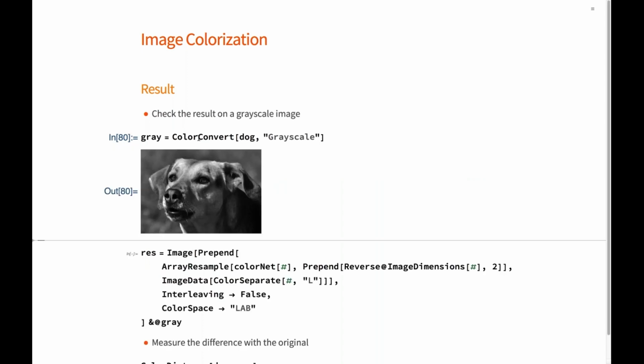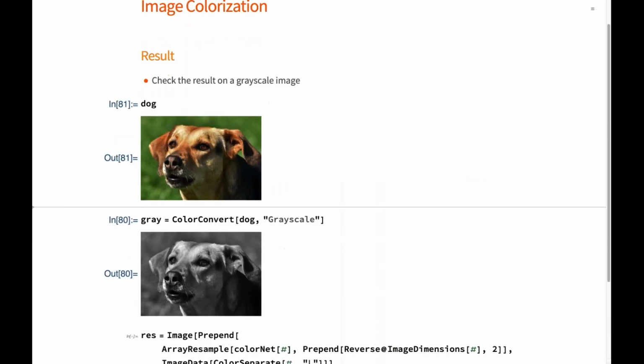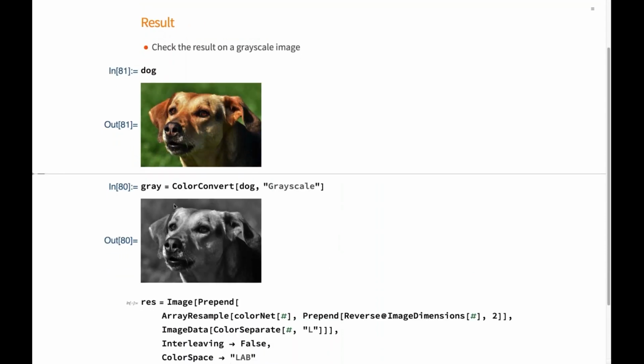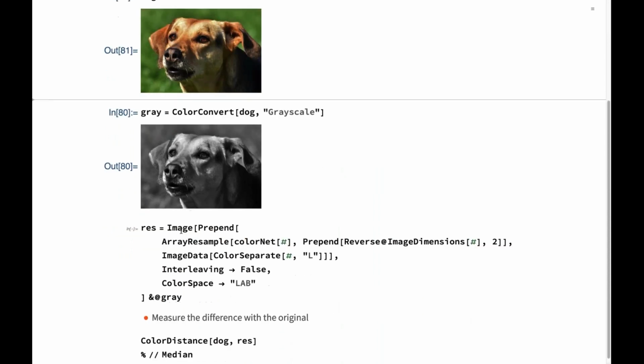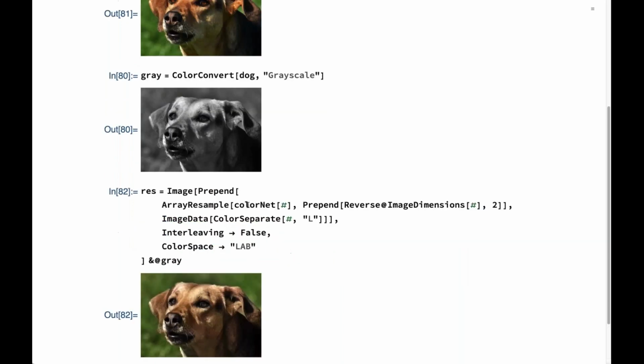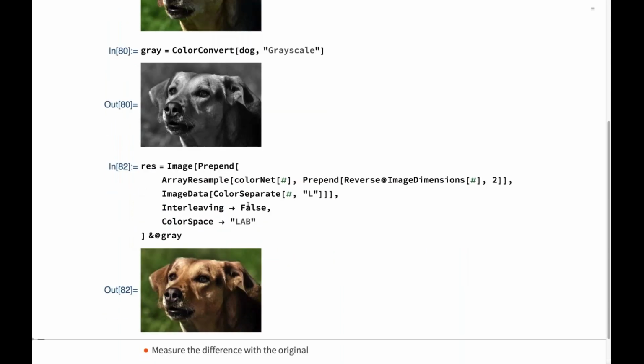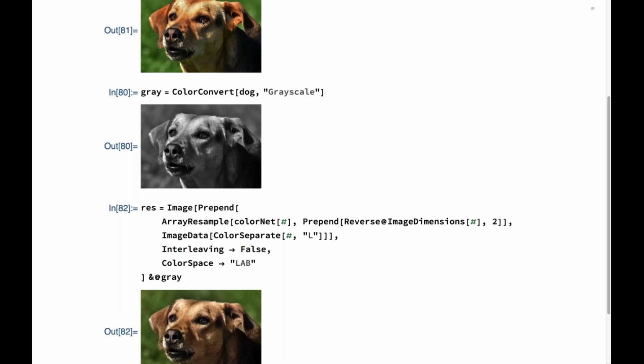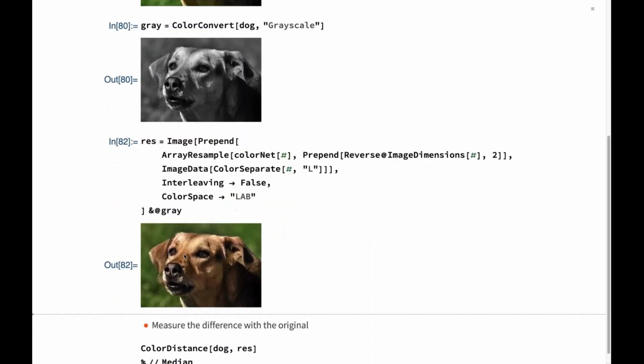So we get a nice dog. Actually, let's look at the dog before. I convert it to grayscale, and what I hope is to recover this color information. So I create here another small evaluation function that adds the luminance back and puts the channels all together. What we see here is that we miss some small low-level details, like the eyes were browner, here kind of duller.